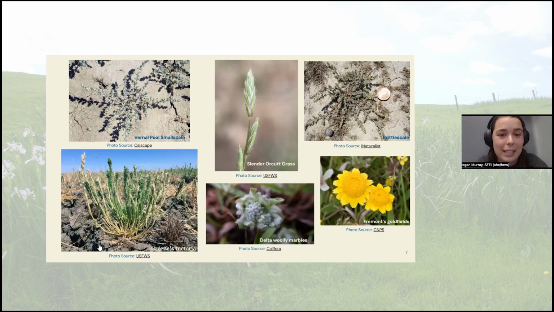All of these plants that live in our endemic vernal pools are true California natives. Like I said, they're only seeing water for about 2 or 3 weeks throughout the year. So they're extremely drought tolerant, which, given the circumstances in the coming years, is a really valuable trait to have